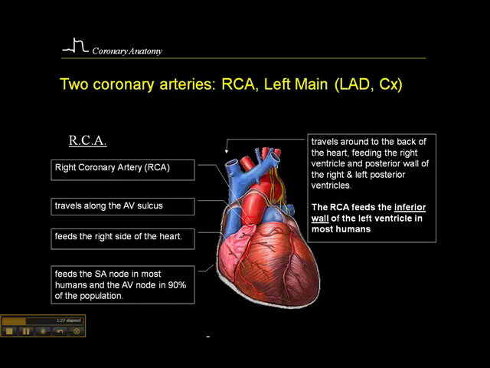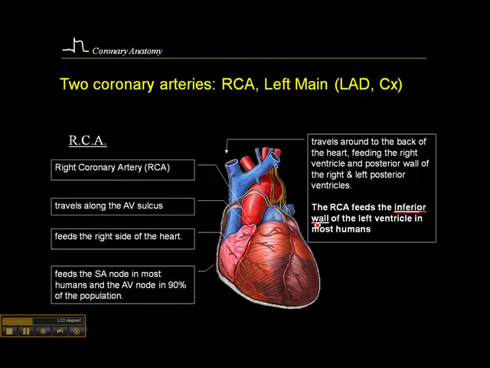And ultimately, the RCA travels around the back of the heart, feeding the right ventricle and the posterior wall of the right and left posterior ventricles. But ultimately, the RCA terminates around the inferior wall of the left ventricle. So on the electrocardiogram, an occlusion of the RCA manifests itself in the form of an inferior wall infarction, and